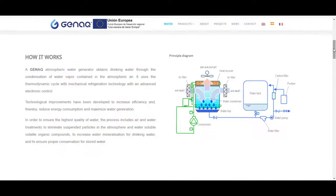These types of generators could be placed right next to the oceans, and it would take the water out of the air. You wouldn't need any type of system. So this basically undermines the desalinization talking points from the politicians and so forth, saying, well, that's going to cost too much money. Well,